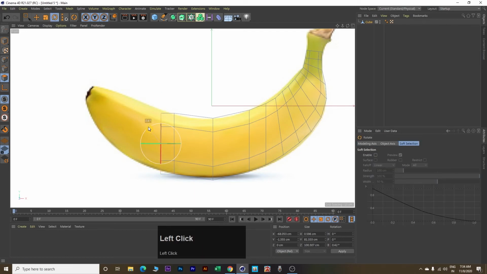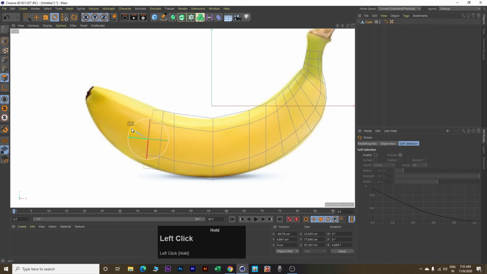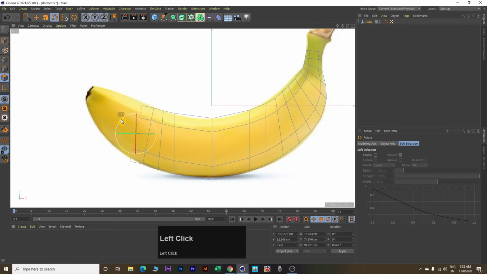Rotate, move, resize. Again extrude, rotate, move, resize. Again extrude, rotate, move it upward, resize.